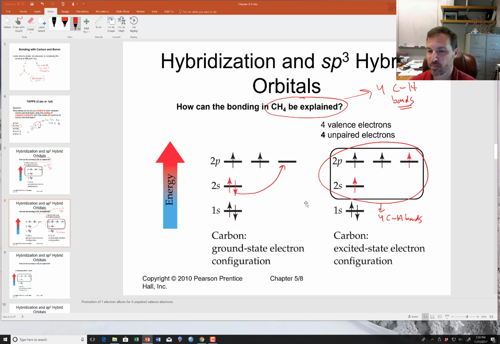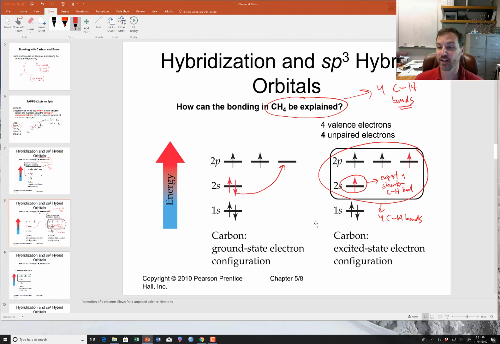However, we would expect one of these bonds to have a shorter bond distance. So the CH bond that forms here, you would expect a shorter CH bond distance to form because s orbitals are slightly closer to the nucleus. And so you would get a shorter distance between the hydrogen and the carbon. So it turns out that when we structurally characterize methane, we get 4 equivalent bonds, all equal distances between a carbon and hydrogen. So we have to modify this